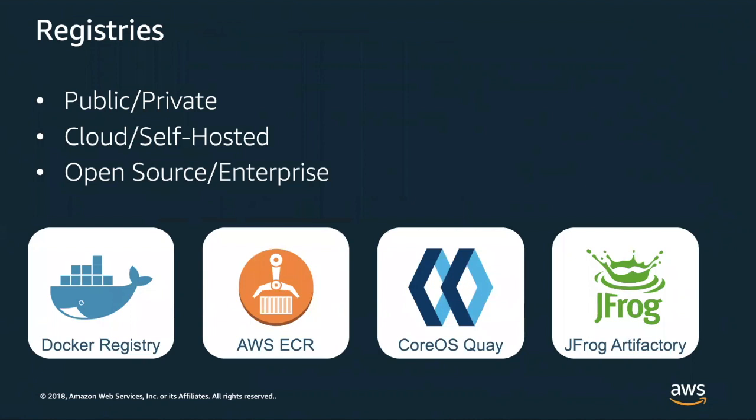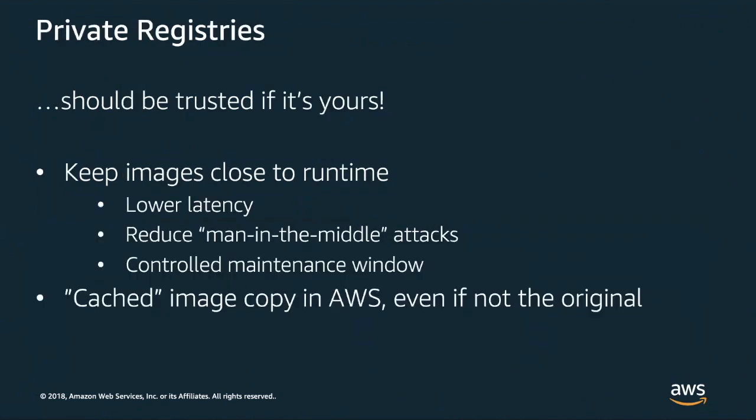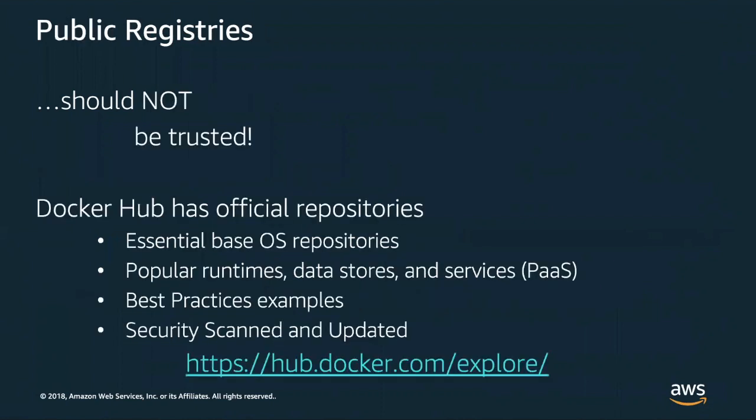Some of them are open source, some of them scale to enterprise, and if you're using your own registry, you should be able to put controls in place so that you can trust what gets put in it. So when you want to take a container and run it, you can pull it from your own repo, which is going to be close to where it needs to run, and then just stand it up.